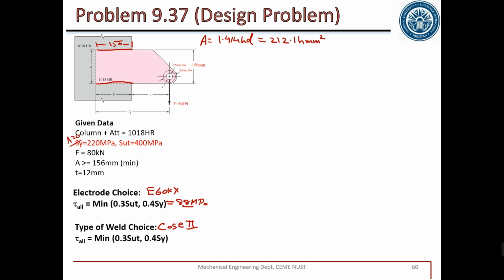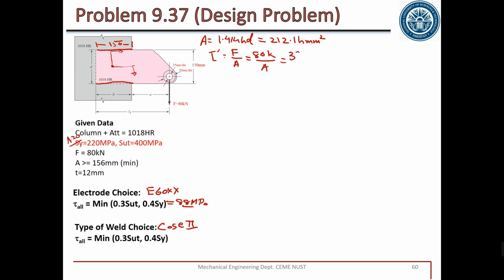So we have the area. This value is also 150, so this is a square weld. If this is a square weld, the centroid lies exactly at the center, or you can check the value from case 2 as well. So we can use exactly the same method. This is tau double prime x or tau double prime y, and primary shear tau prime is equal to F divided by area. F is equal to 80 kilonewton, divided by this area.